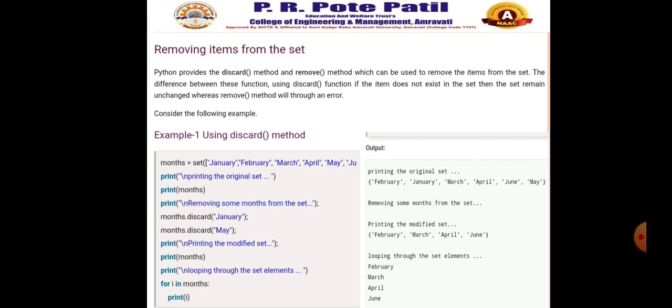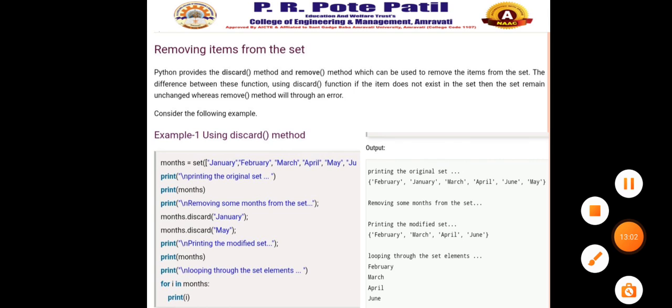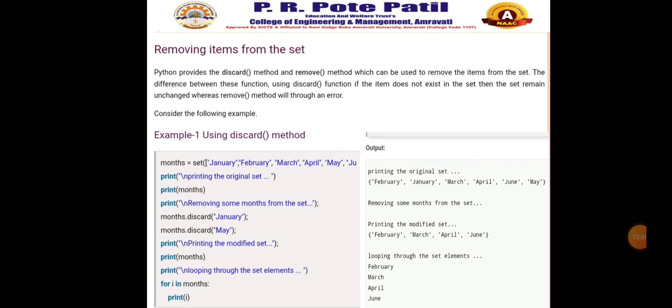Next is removing items from the set. So जैसे कि आप उसको अपडेट भी कर सकते हो, so you can also remove particular elements from the set. Python provides the discard method and the remove method, which can be used to remove the items from the set.